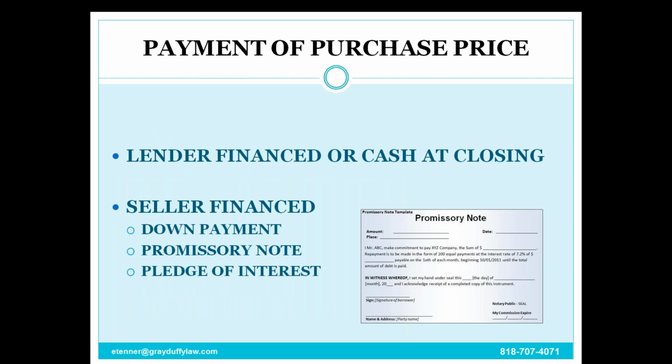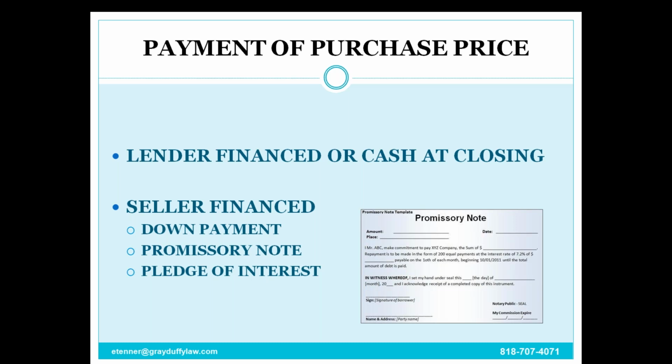Another provision that's always included in an owner's agreement is how the purchase price will be paid. These are the terms of purchase. It will not include all the detailed terms of purchase. I'll talk about that a little more in a minute, but it will typically state that either the price can be paid all in cash at closing, or it can be paid by promissory note. Usually it's set at the discretion of the purchaser. If the purchaser can get the financing, they'll typically pay all cash.